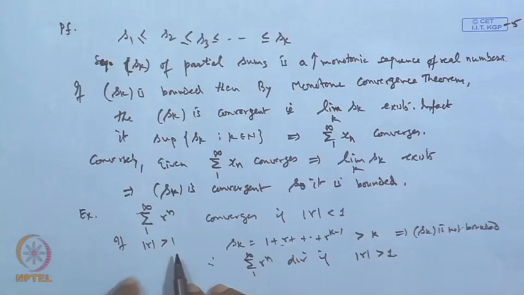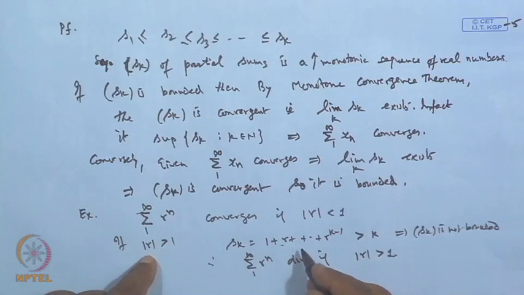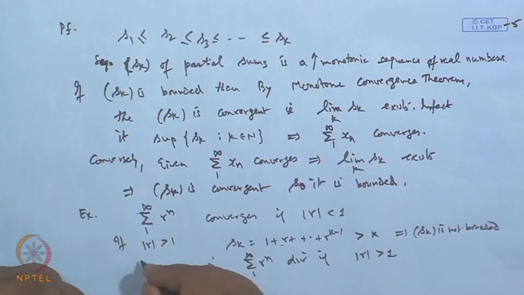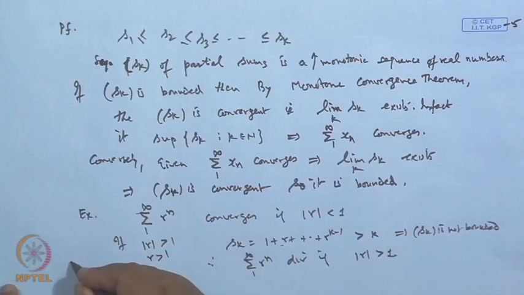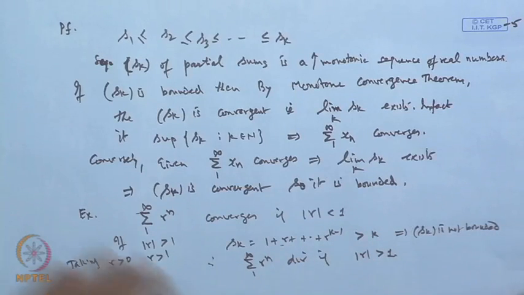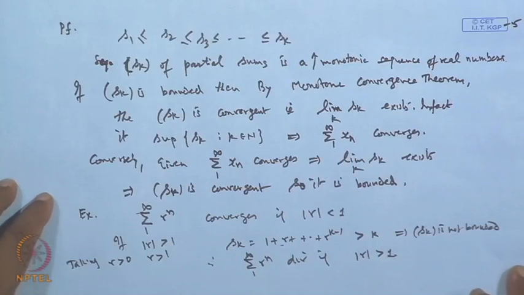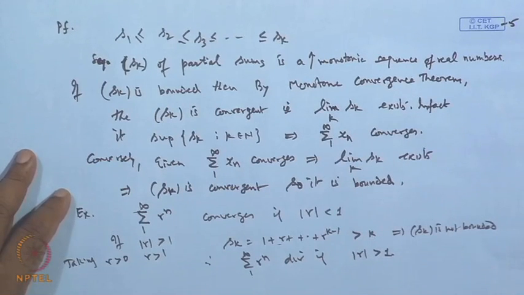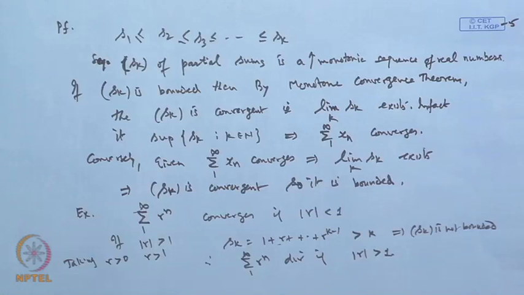So, here when we are taking mod r greater than 1, basically we are choosing all r to be greater than 1, positive. Taking r to be greater than 0, all positive, then this diverges, and for r equal to 1, obviously again we take 1 plus n. So S n diverges, therefore it is unbounded, therefore it is not convergent. Okay. Similarly, for this. Now, we have another result which is also very interesting, and that result is,